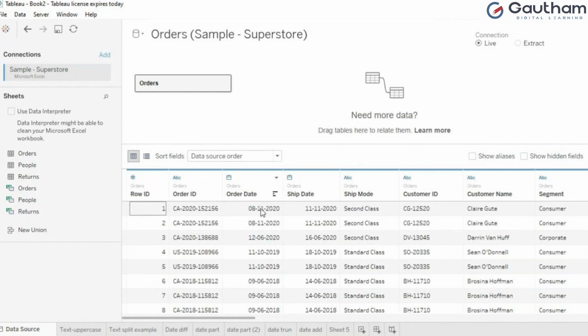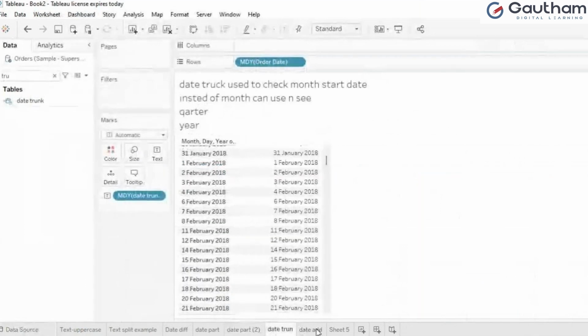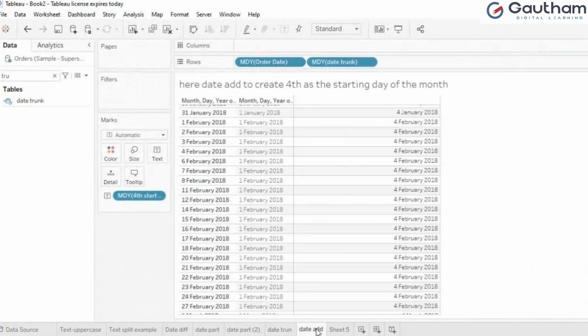Mostly at the end only two letters. For this also two letters, 1 to 31 there are two digits, right? Here also two digits, and four digits only for a year. All the time four digits for the year. So that's why automatically they'll give like that. So for an ABC string and all, there will be no cases like that. So that's why the split option will come. If you have a hyphen in between string type data, then there will be a split option automatically in the data source. Here you can split, or else you can use the date trunk calculation to split them out, like Excel how you will do. Okay, this way you can do.